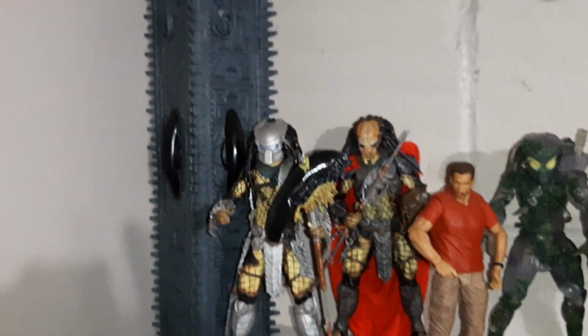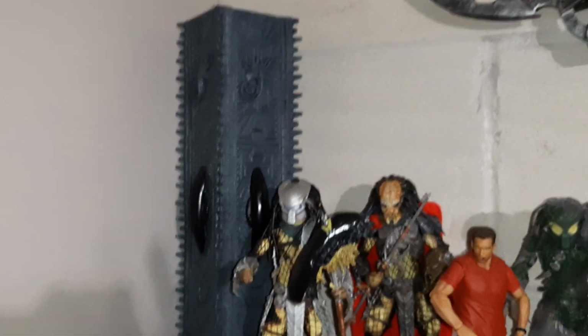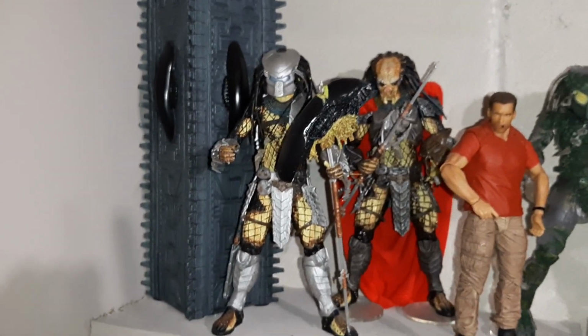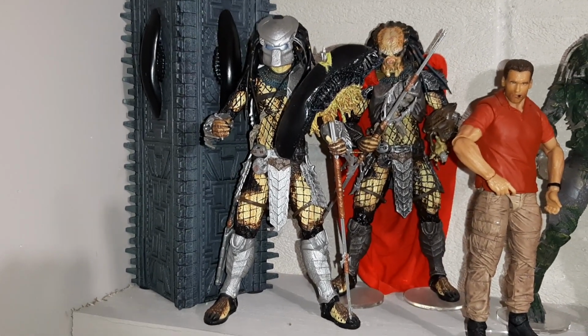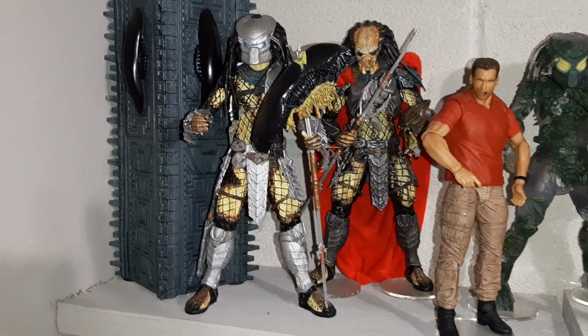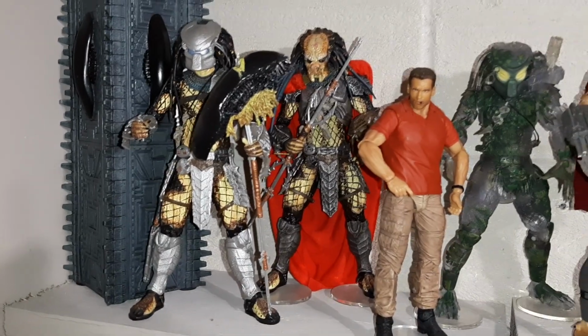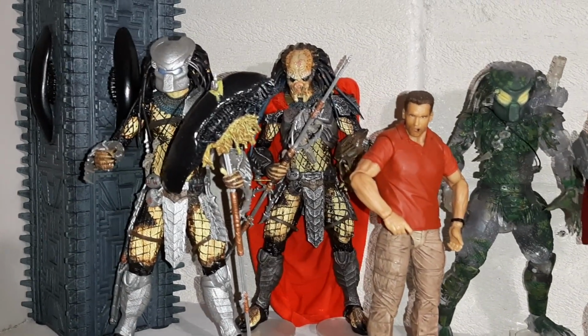And then at the back here, we've got the temple pillar there. And in front of that, we have the Youngblood. I like him. Well, to be honest, I like the accessory that came with him, the alien head on there. And at the back we have the Elder,